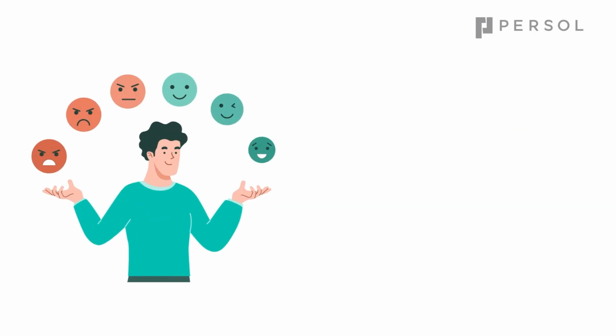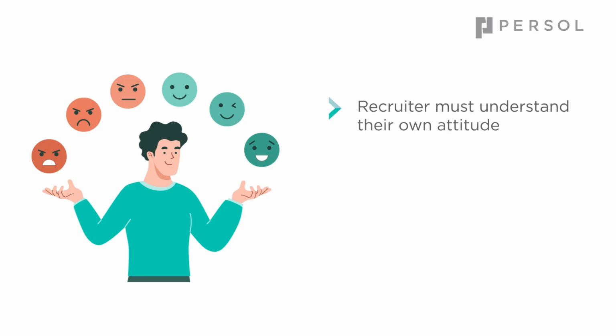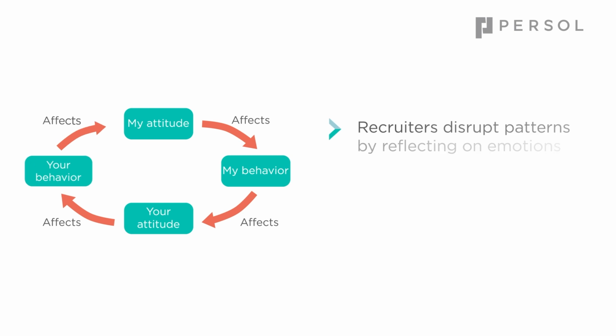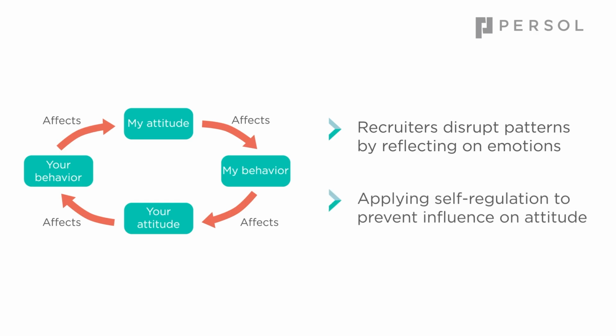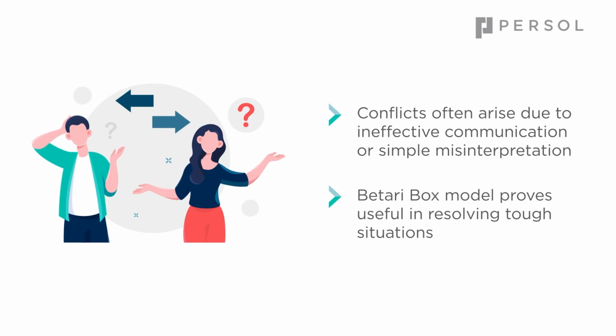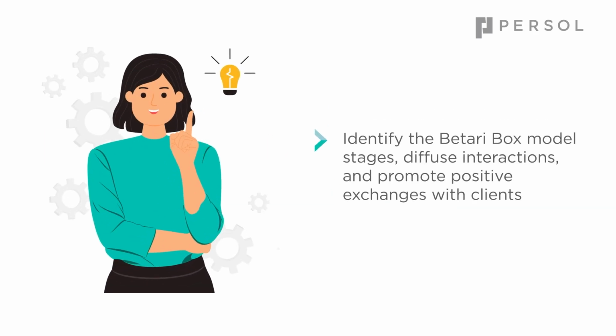To alter the behavior of a potential client, a recruiter must understand their own attitude and its impact on their behavior. Only then can they evaluate how their behavior influences the potential client. By grasping this model, recruiters can interrupt an unconscious pattern by reflecting on how the client's behavior affects their own emotions and applying appropriate self-regulation to prevent it from influencing their attitude. Conflicts often arise due to ineffective communication or simple misinterpretation, and this model proves valuable in defusing challenging situations. The key is to identify the stages on the model, defuse the interaction, and foster a positive exchange with the potential client. Some valuable tips. Even though your attitude impacts others,